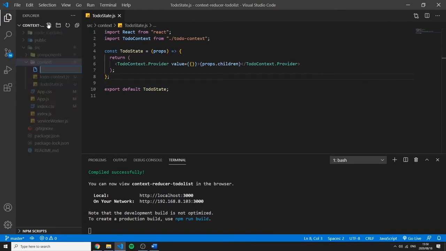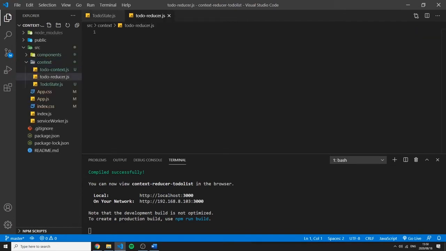Now I'm going to create another one, and I'm going to call this to-do-reducer.js. I like separating my reducer and my context, because this kind of gives it a Redux-like feeling, and Redux has really good best practices to follow. So inside the reducer, if you remember from the useReducer, it's basically just a function. So we can say const toDoReducer